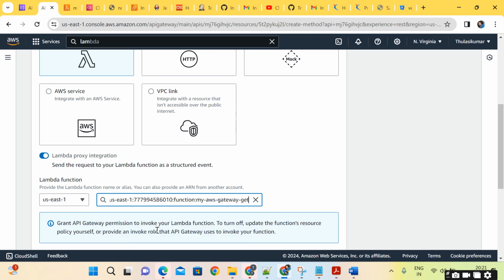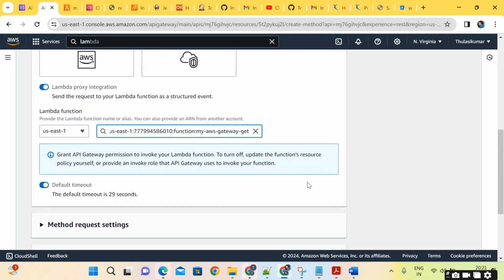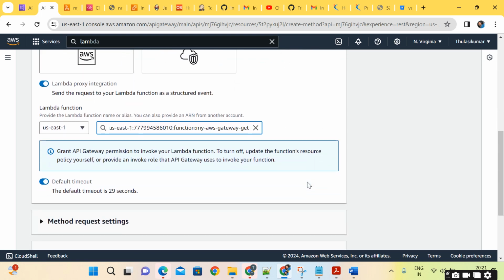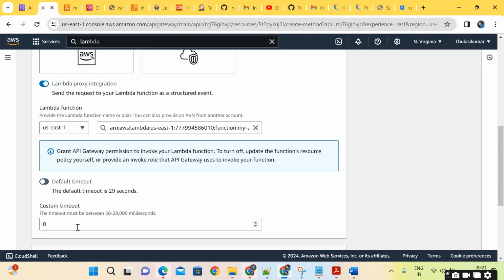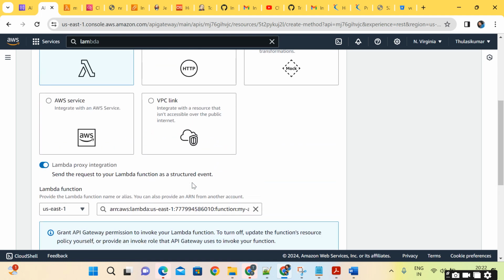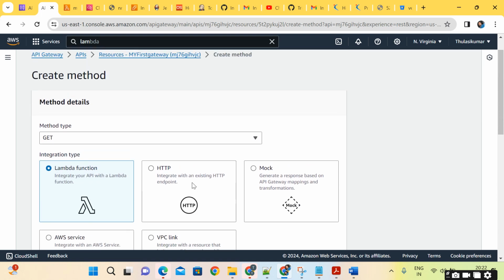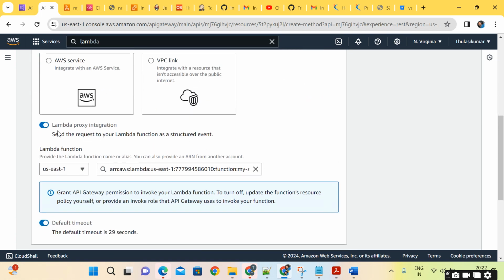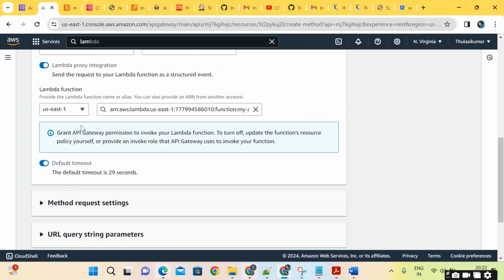I am selecting that, and here is one of the options. A timeout is there, by default 29 seconds. It will run that gateway. If you want, you can select manually what time you want to execute that API Gateway. So I'm just selecting the default. Be careful here: for the method I'm selecting the GET method, and I'm enabling proxy, and I'm adding the Lambda